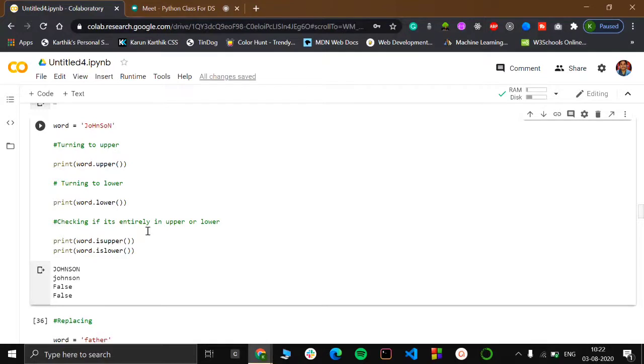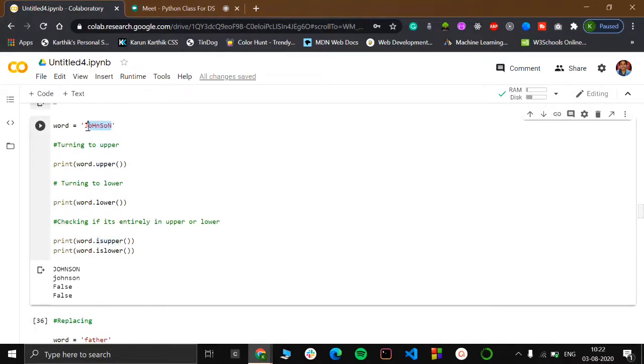And is upper and is lower are usually used to check if the entire word is uppercase or lowercase. Here the value has both capital case and small case letters, so neither is completely small nor completely uppercase, and it yields false for both.